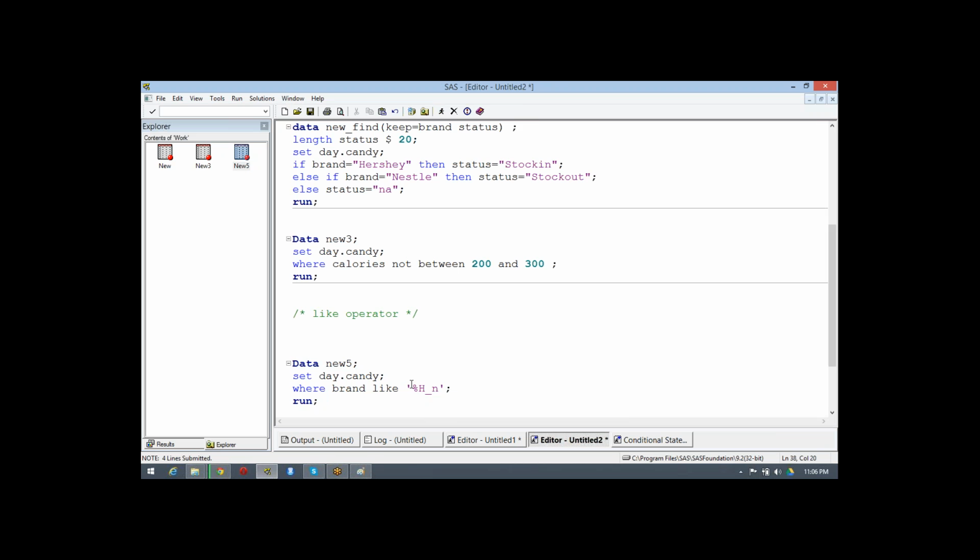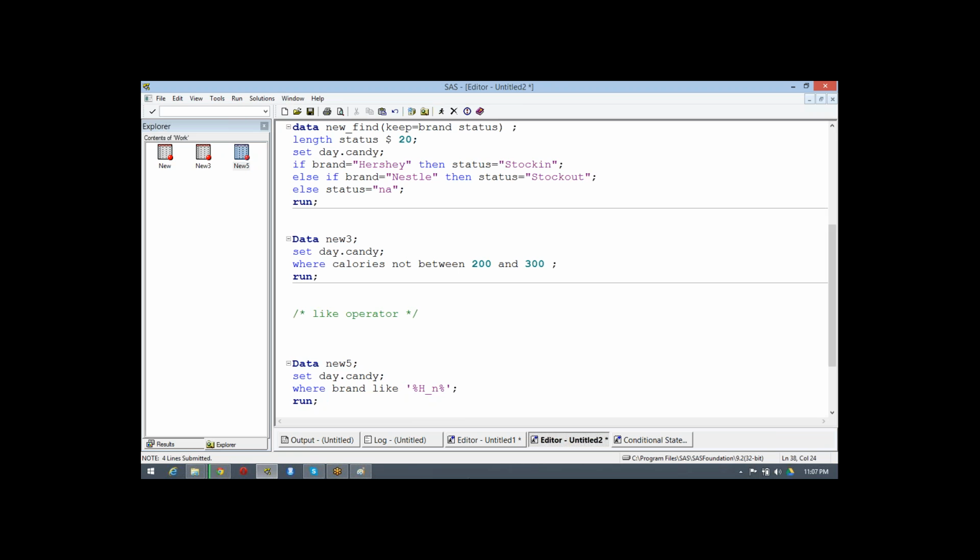Before H can be any letters, no problem at all, but it should always end with a capital H, the second letter can be anything, and the last letter should always be a small n. That type of string we are not getting in the particular column, so that's why we are getting zero results.